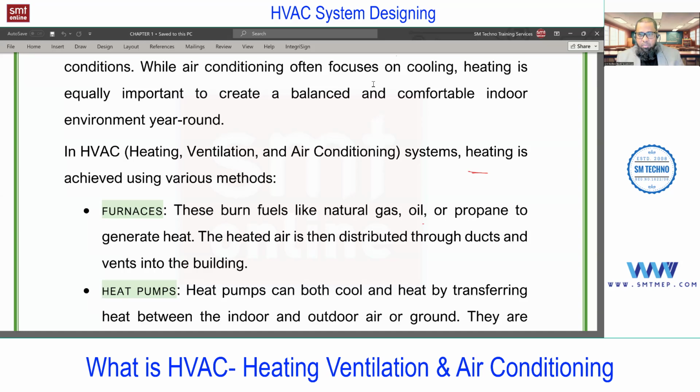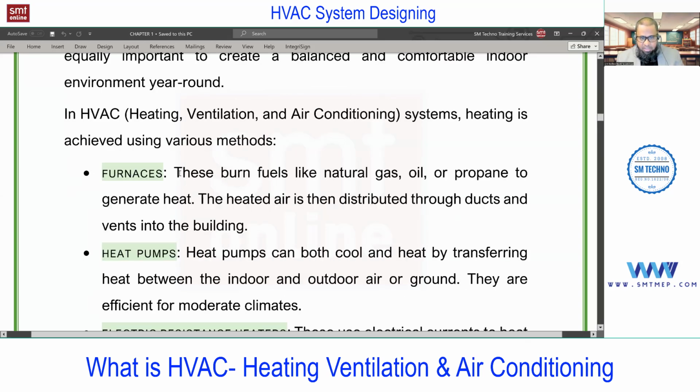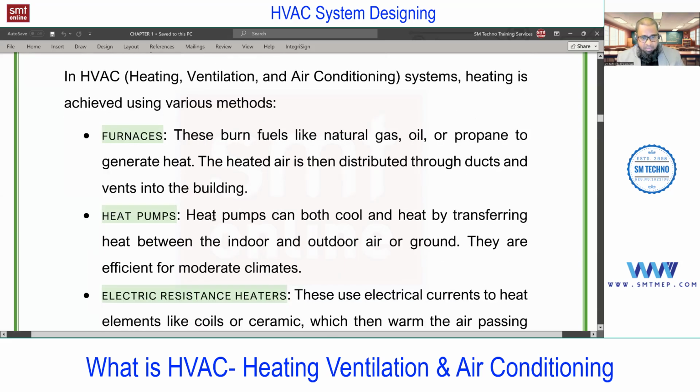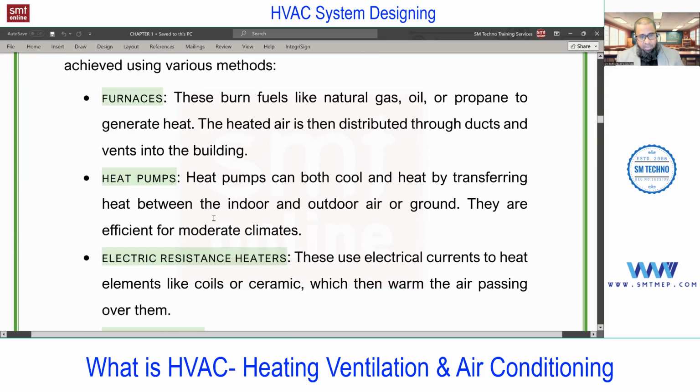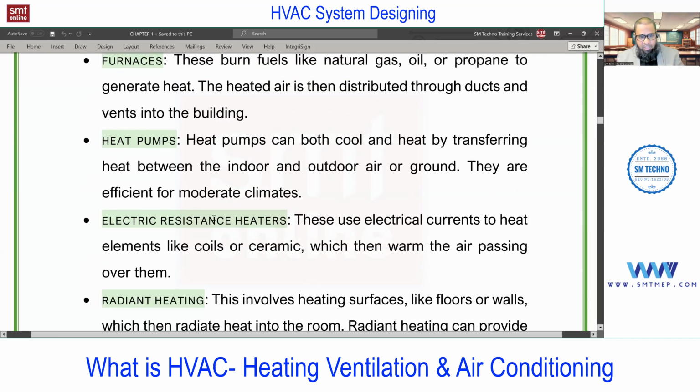There are a number of ways to provide heating. Some of the systems I listed here. You can use furnaces to produce heat by using natural gas or fossil fuels, coal, etc. This is a very old method. With the furnace we produce the heat, and that heat we can use with the system. That system we'll discuss later. Similarly, heat pumps. A heat pump can extract or is used to exchange heat. In short, at this level I'm not going into detail because this is just a starting session.